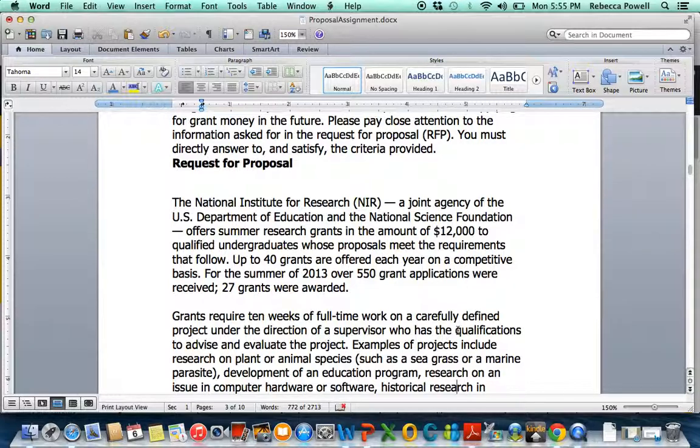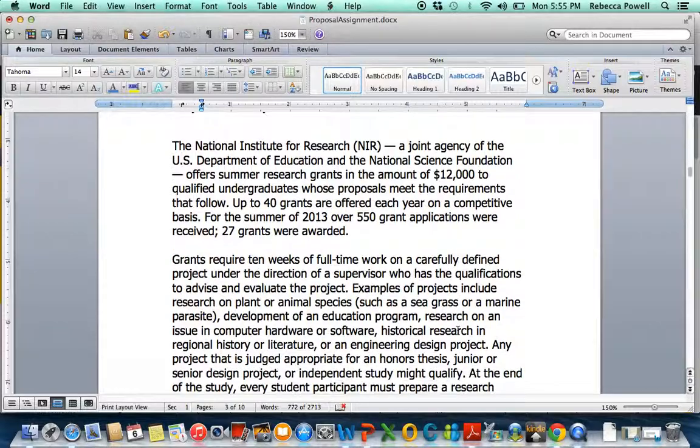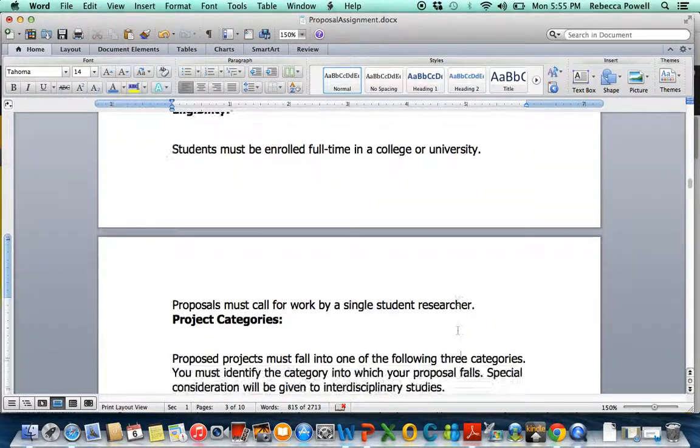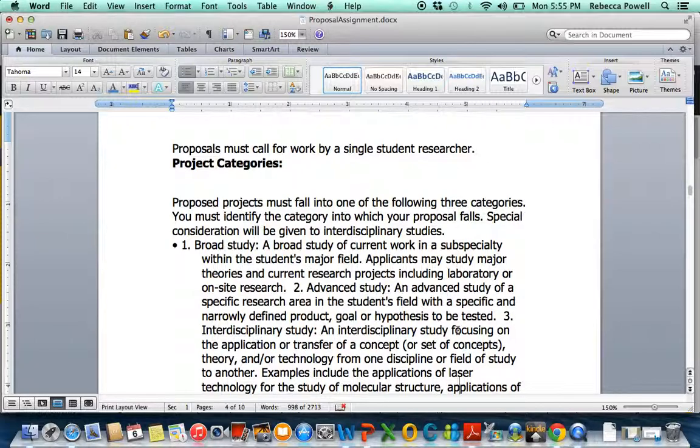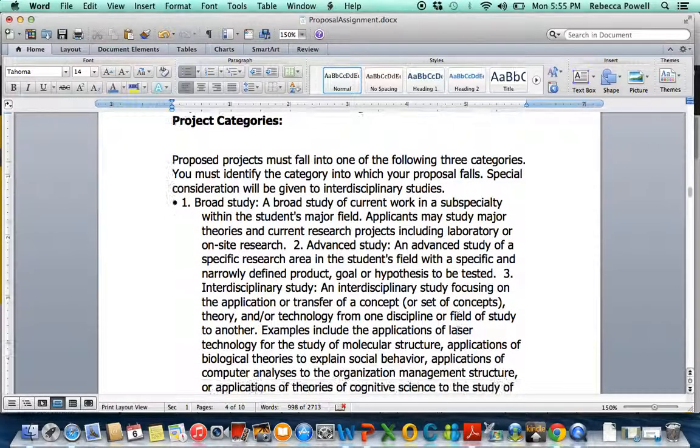So those of you who are wanting to work in the schools, I know we have a lot of teachers, you could pitch a 10-week tutoring program or summer camp for students in a certain area on a certain subject, and that would be something you could do for here. So that's another one that you can pitch. And the elevator pitch, again, is 100 to 250 words.